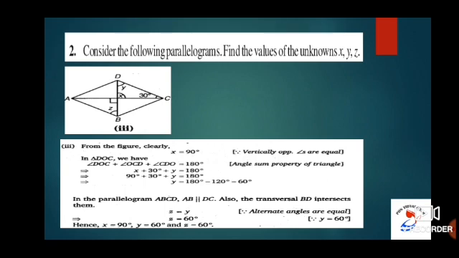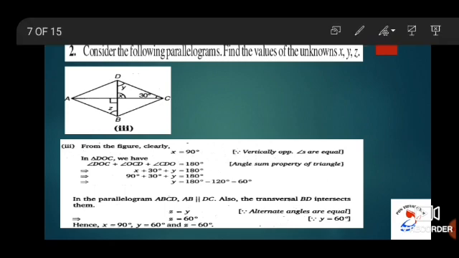Now, problem number 3 of second sum. It is a parallelogram. You have to find the unknown values of x, y and z. From the figure you can clearly understand that this value for x and this one, they both are same, that is they both are vertically opposite angles. Hence you can say the value for x is equal to 90 degree. Now let us consider triangle DOC.